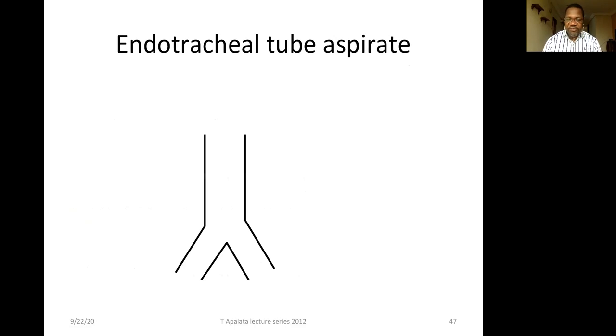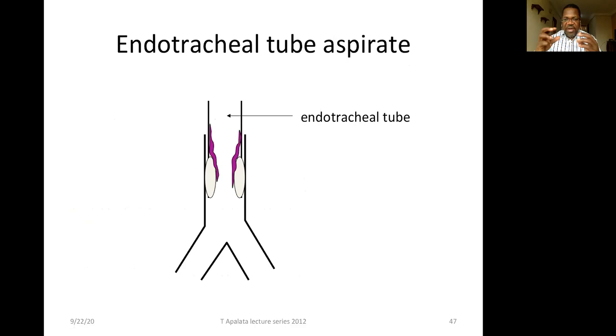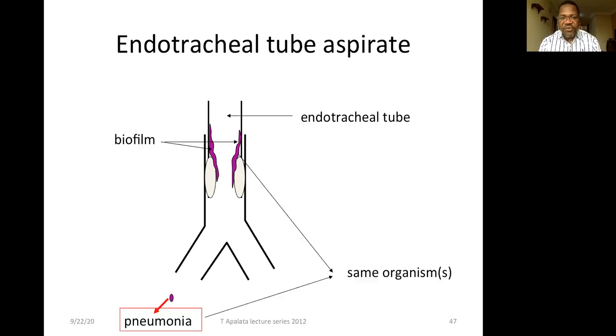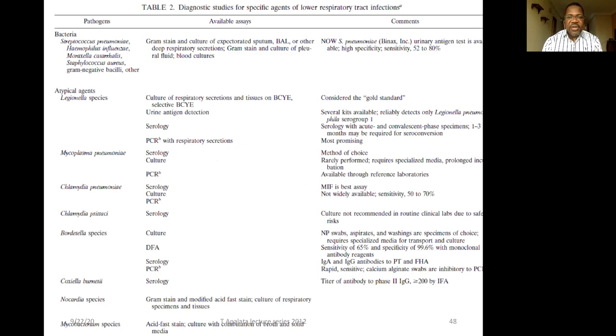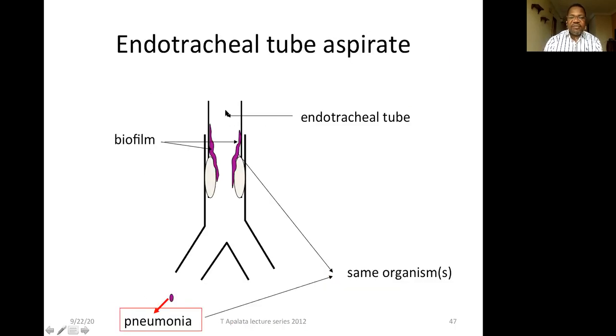So what happens is that we come back to this. This is the respiratory tract, and you have the tube that is inserted, the endotracheal tube. Those patients in intensive care unit are intubated, then they form a biofilm, so the microorganisms are there. The microorganisms will go down. It is able to cause a pneumonia. We have spoken about this. Then the aspirates, when you introduce some saline here and you aspirate, then it gives you